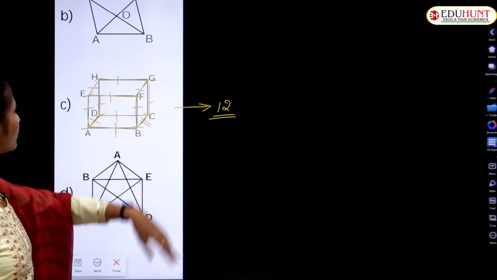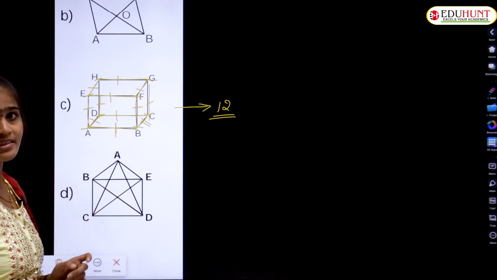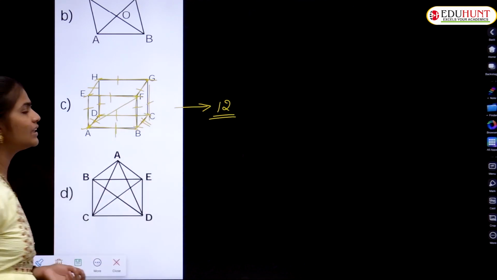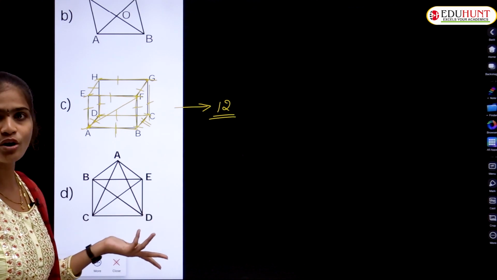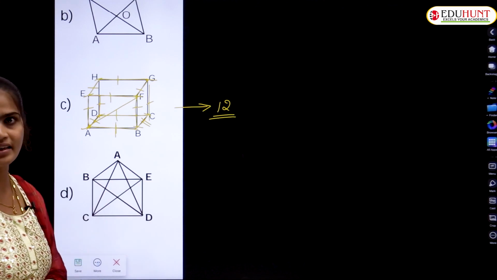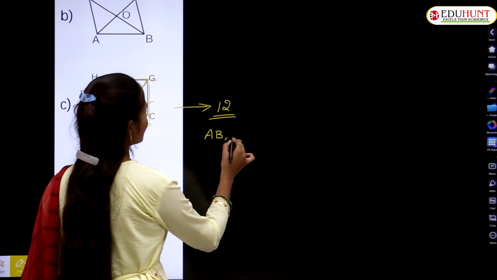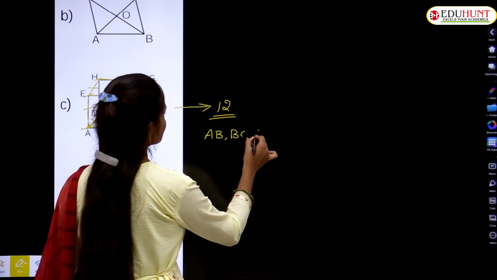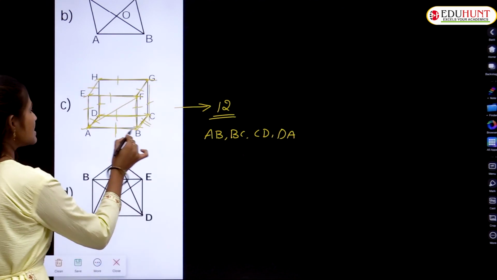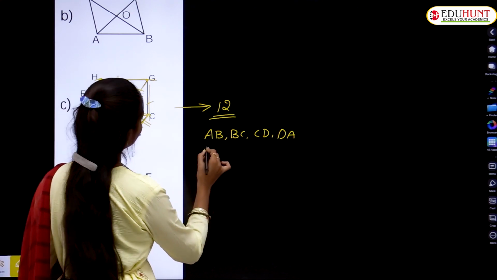Okay, if you use that formula, then what will you get here? Then 8 into 7 by 2. Okay, but here diagonals are not there, no. Diagonals not there means if you take these 2 points, then we can join AF also. But here diagonals are not given, no. That's why here you just have to calculate how many line segments are there. Or else here you can write also, that is AB, next BC, CD, DA. That is related to this parallelogram. Okay, come to this one, DA after EF,